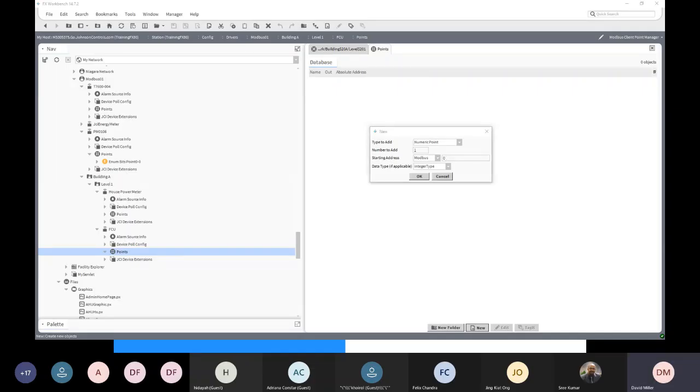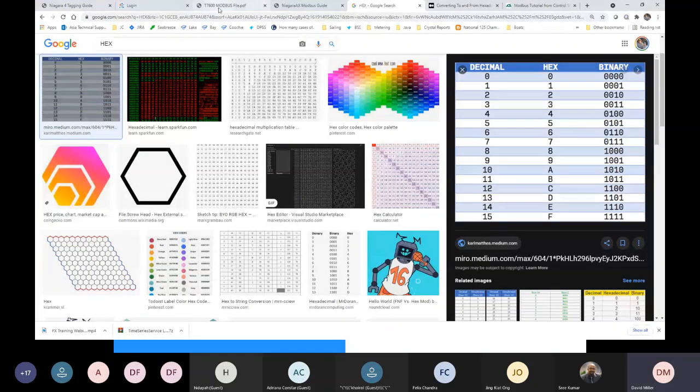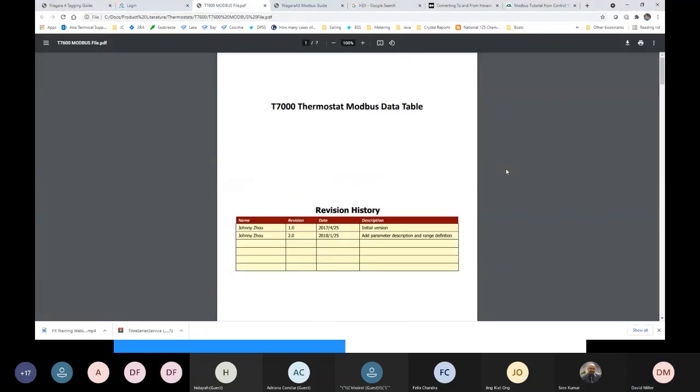So for example, we have a T7000 thermostat, Johnson Controls T760 thermostat. Now we published the thermostat Modbus data table